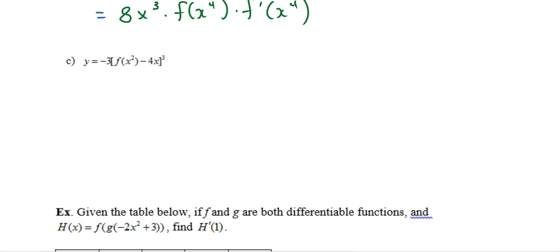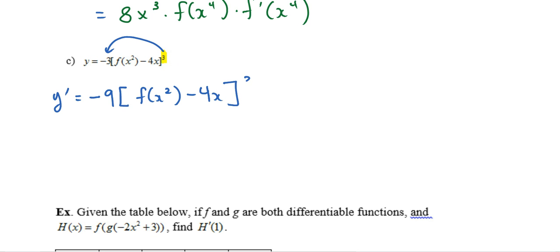So another question here where you have f of x and some other notations here. First of all, I see a 3 here. So if I do take the derivative here, I want to apply the power rule right away. If I bring the 3 in front, that's going to be negative 9 bracket f of x squared minus 4x close bracket to the power of 2, and then the chain rule tells me that I need to take the